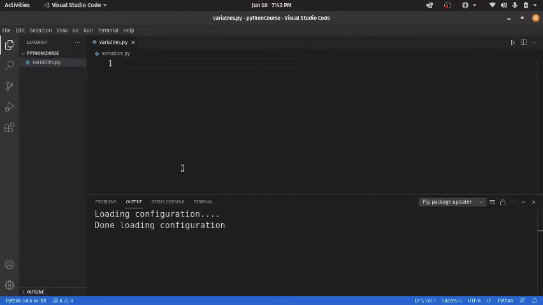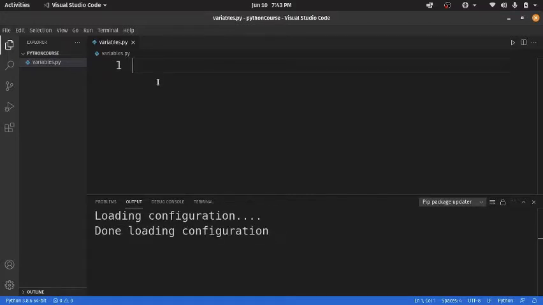Let's first open our VS Code, and here you can see I have already created a new folder, Python course, and the name of the file is variables.py. And here I will declare username. Wait a second, let's declare user age first, so it doesn't confuse you. Here we have declared a new variable and we'll assign the value of user age as 0.